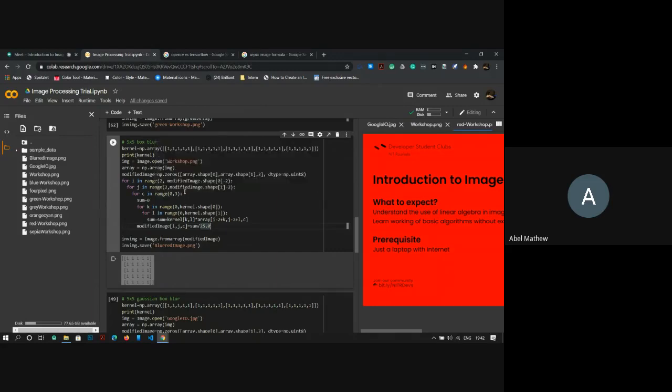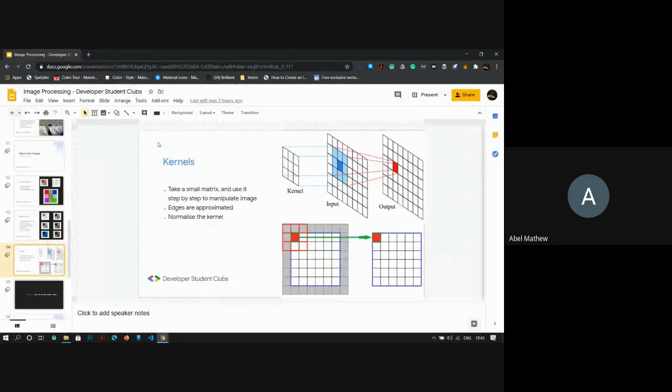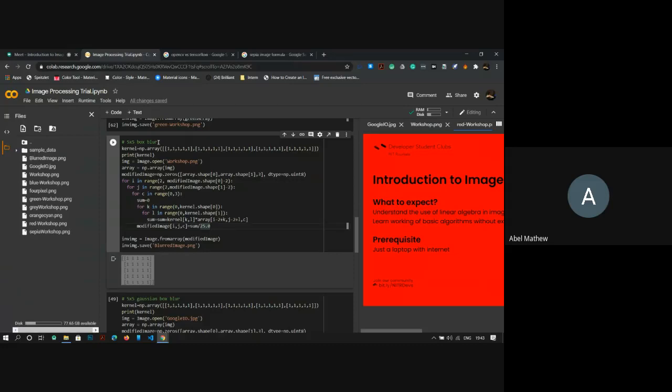Explaining the code: opening the workshop image, and creating a new array which is going to store the image after we do this manipulation. We are using something known as box blur. As we can understand, we are taking the average of the nearby pixels. So the original image is going to get a bit blurry because the surrounding pixels are getting averaged. That's how blurring is supposed to work.